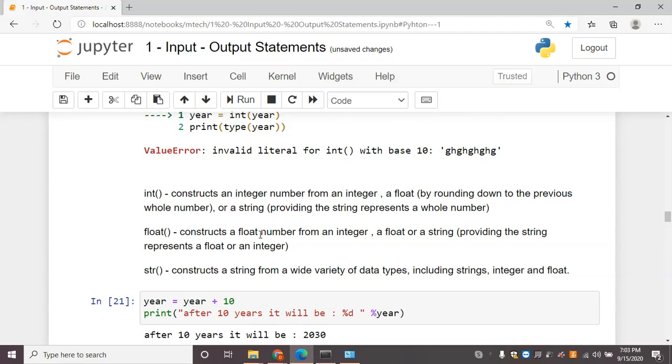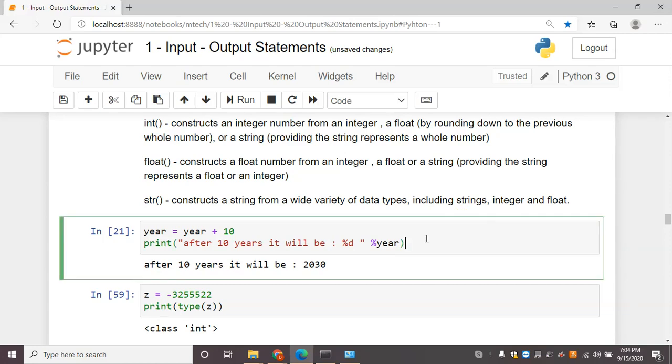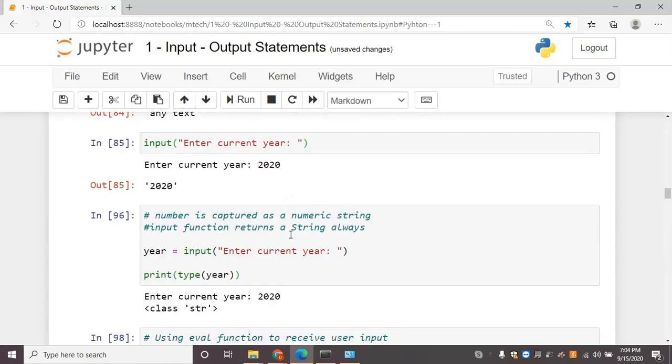Now similarly, float constructs a float number from an integer, a float, or a string, providing the string represents a float or an integer. And str constructs a string from a variety of data types including strings, integers, and floats. Once I convert the type from string to integer, I can do addition or any other numerical operations.